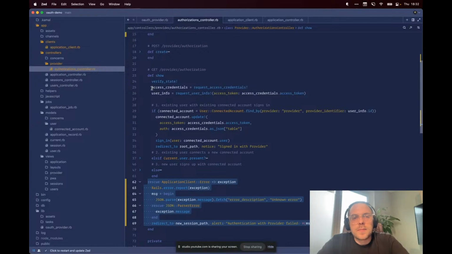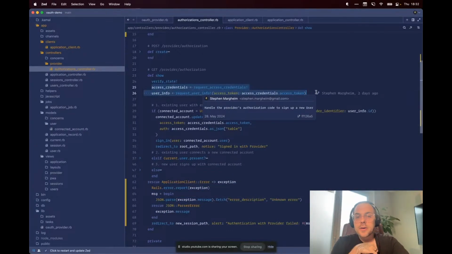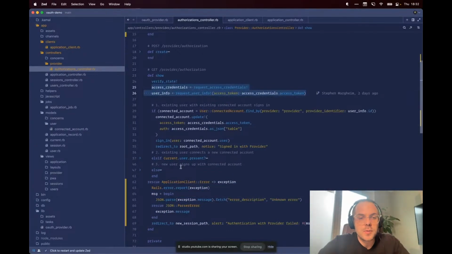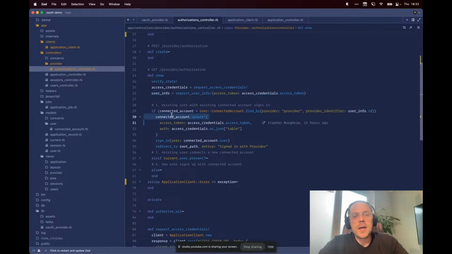So here we have HTTP errors. We handle those HTTP errors with this rescue block. Down here, we have the potential for active record errors. So we're using the bang methods here. And